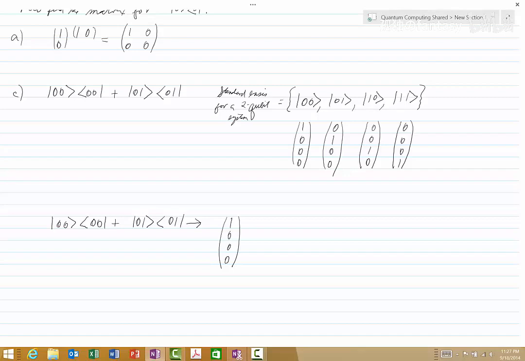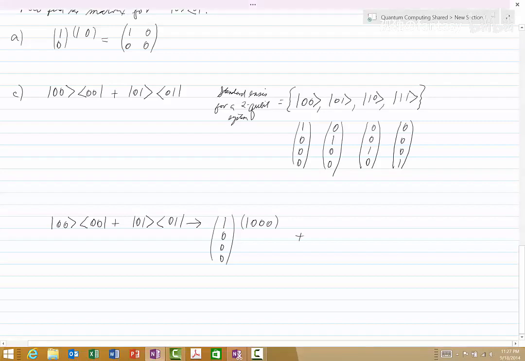Oops, I have an error here. Oh no, sorry, this is correct. So we have (1, 0, 0, 0), and then when we take the bra form of that column vector it will become a row vector. So we'll have this